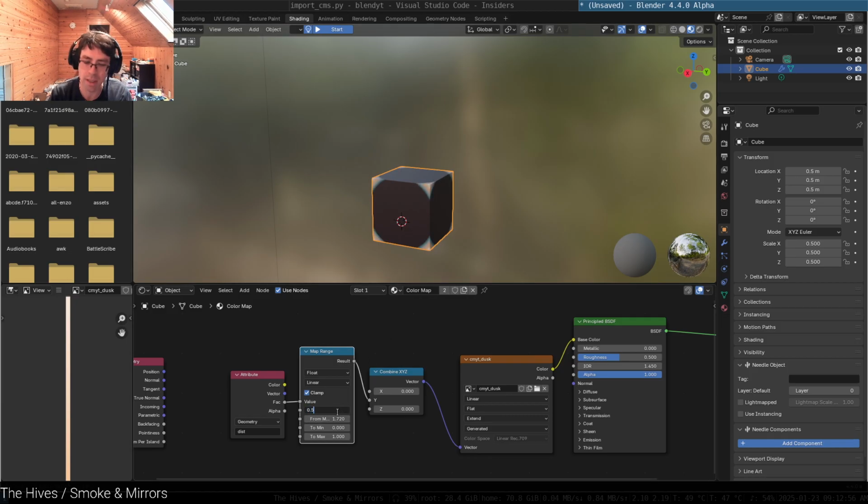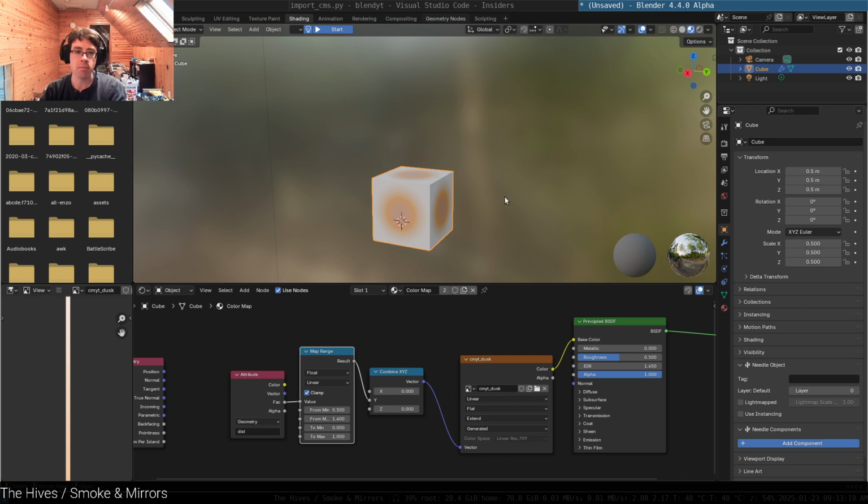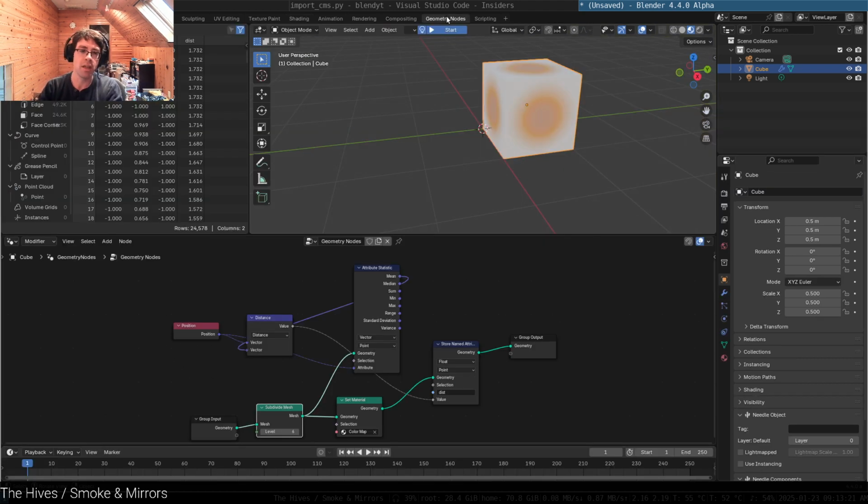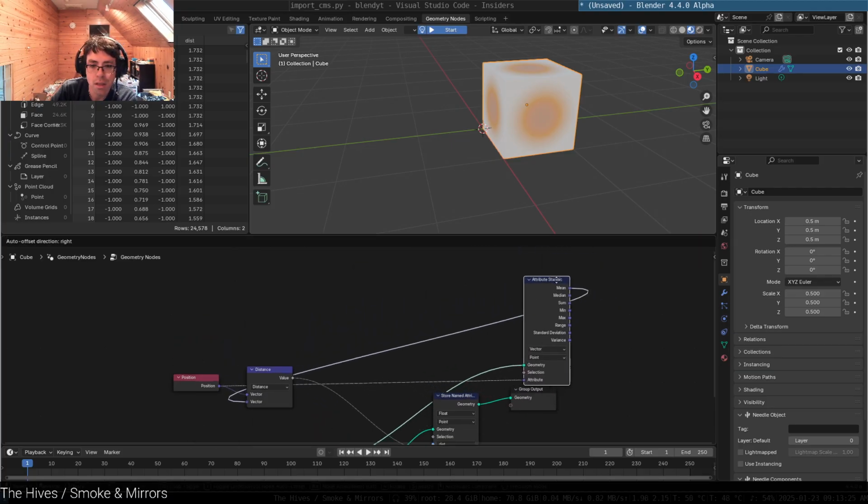Oh, you know what? I think I'm... Yeah, there we go. The maximum should be 1.2 or something. Check that out. That's fun. All right, now the last thing we're going to do, because we've basically set up our ability to color map based on these different things, based on stored attributes, is,